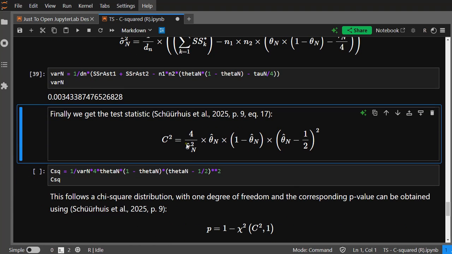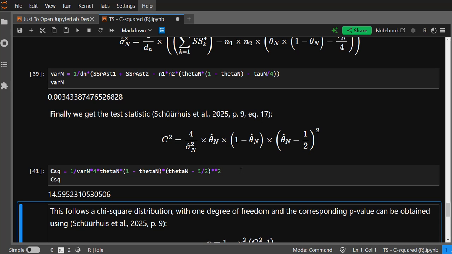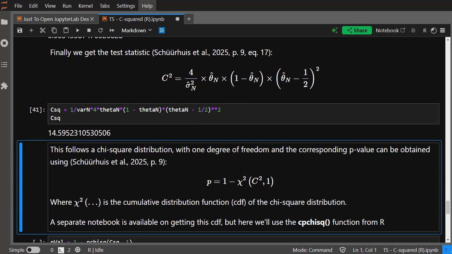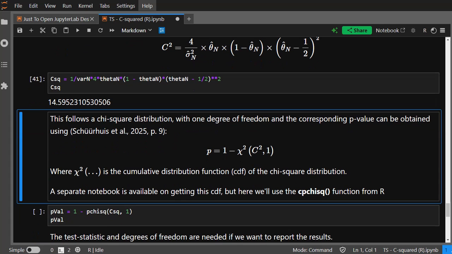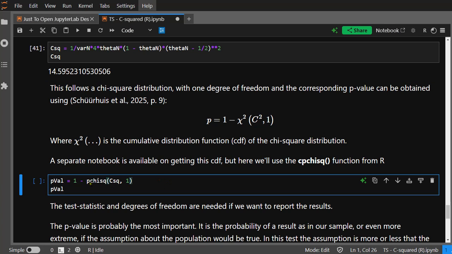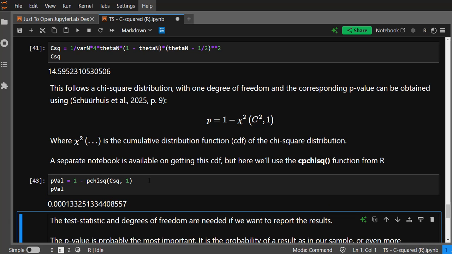The c-square value, also a pretty long formula, but again we have everything we need for this, so it's just a matter of filling out the formula, and we finally have our c-squared value, in this case 14.59523, etc. You could actually also calculate this slightly different, but this is probably the fastest method. This follows the chi-square distribution, so we can say 1 minus to get the right tail, which always has a degrees of freedom of 1. So our p-value in this case becomes